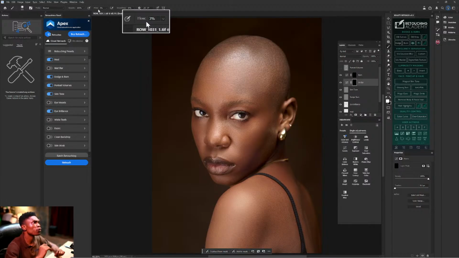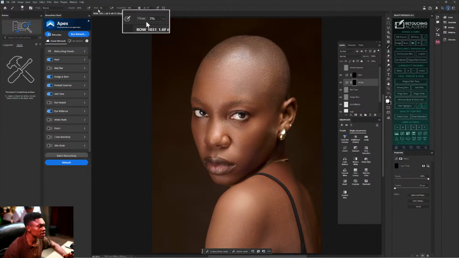If you put your flow at 2, you will do 2 times 50 to get 100. So if you stroke your brush 50 times, you will get 100% opacity of whatever you are painting on that image.